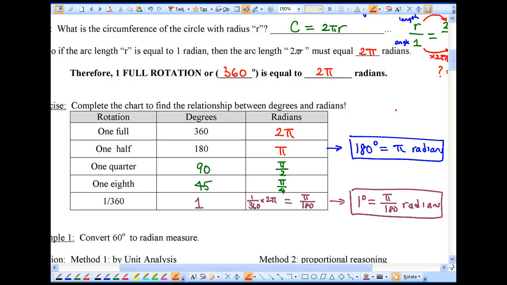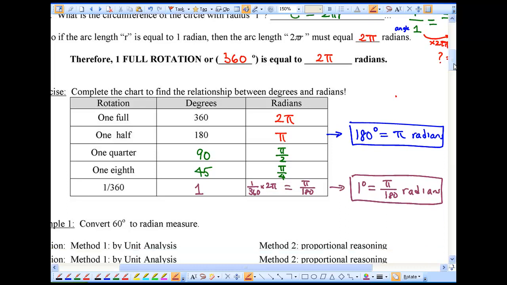Either the thing in blue or this in purple is the conversion factor that I want you to know. So what we're going to do first is just convert 60 degrees to radian measures. I'm going to show you how to convert degrees to radians, and of course I'll go vice versa. I'm going to show you 2 ways to do this. Use whichever one you like. I have a preference, but once again, it's up to you because you're the one that's